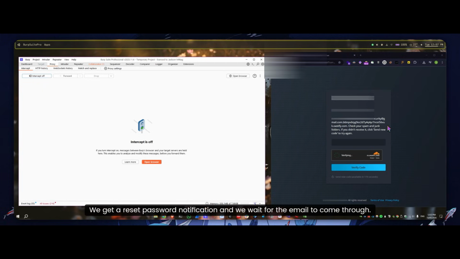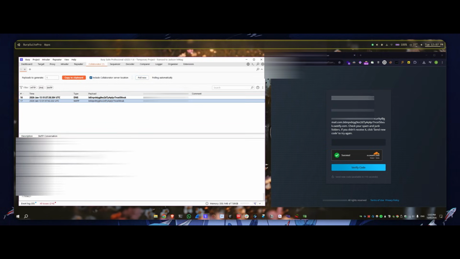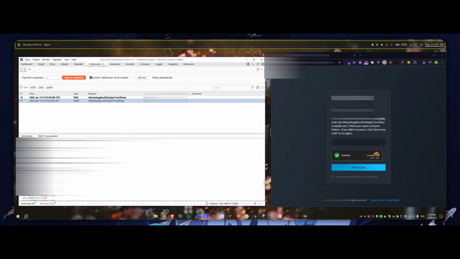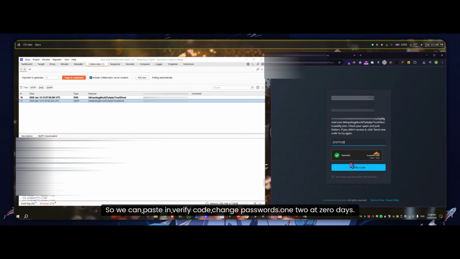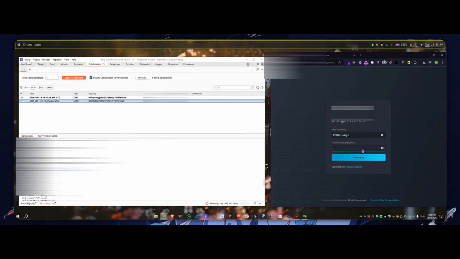We get a reset password notification, and we wait for the email to come through. Boom. Okay, and now we should have a verification code which we can paste in. Verify code, change password, 12 at 0 days, 12 at 0 days, continue,